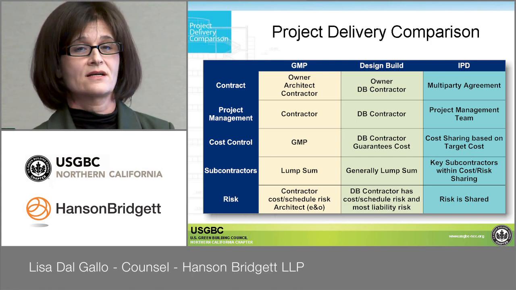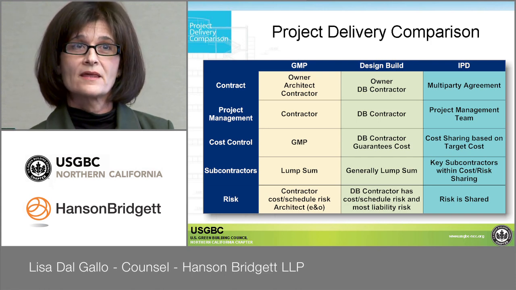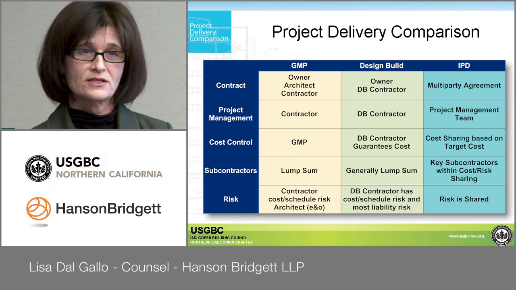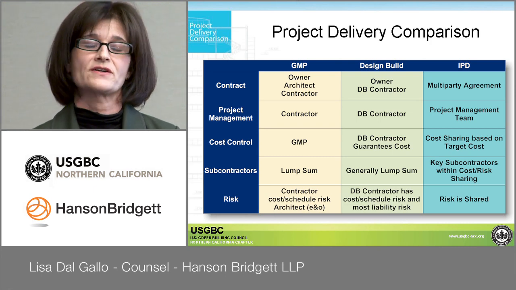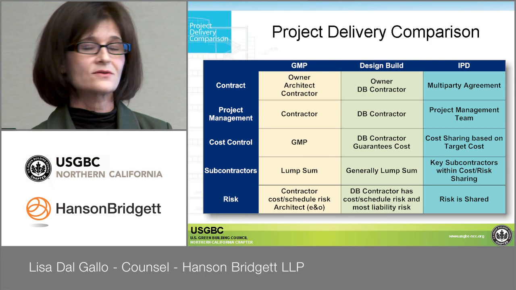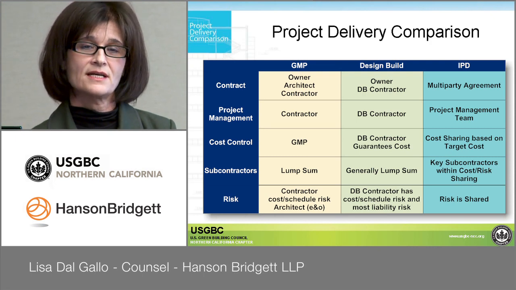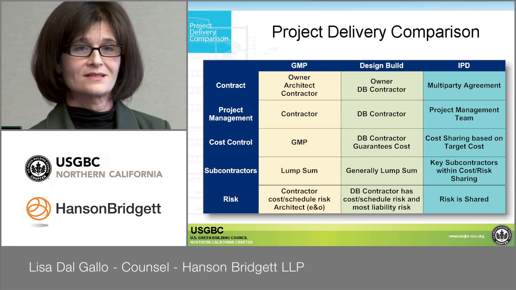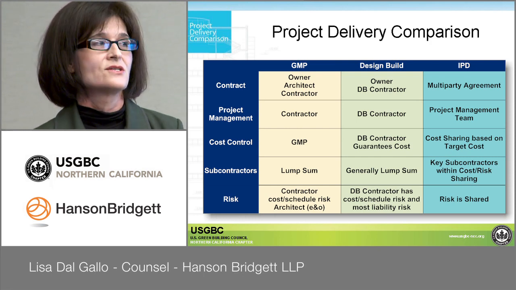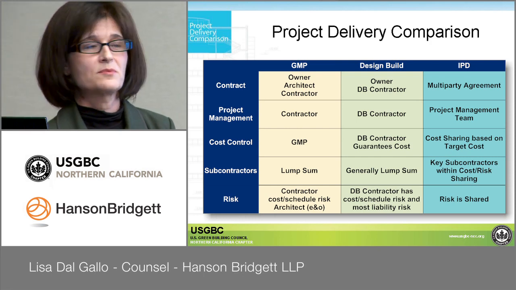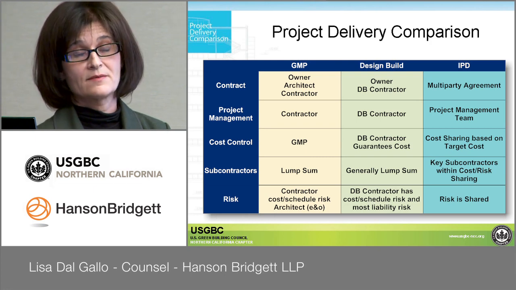If they exceed the target cost, the owner, the architect, and the contractor all have skin in the game, and they are all sharing in that risk. Under the other two models, that's not the case. It's either just the architect and the contractor together under design build, or it's just usually the contractor under GMP. So here, the owner is stepping up to the plate, and they're sharing in that risk because they've been participating